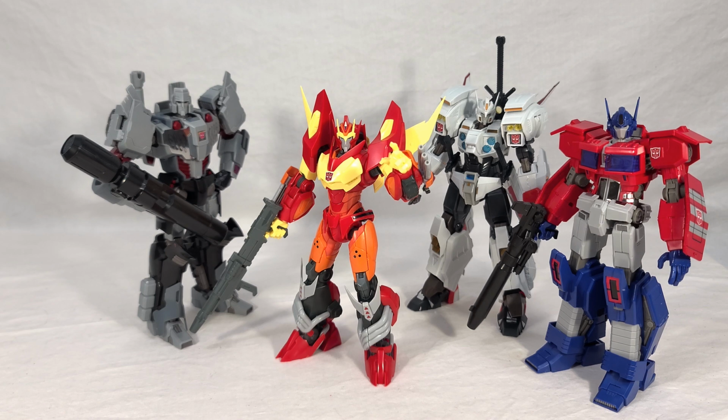So I will say, I personally wish that Flame Toys would put more time and more focus on the IDW characters, because in the years they've been around, these are the only 4 we've received so far, not counting recolors and stuff. And I would like to see what they could do with some other characters. Like, I'd love maybe a Rung, or a proper Rung model kit. Like, yeah, we got a Battlemaster Rung, but I mean, that really isn't going to scratch that itch for anybody. Or we could do all sorts of other interesting stuff. We could do Pharma, we could do Tyrest, like all those really cool, unique designs that came from the first